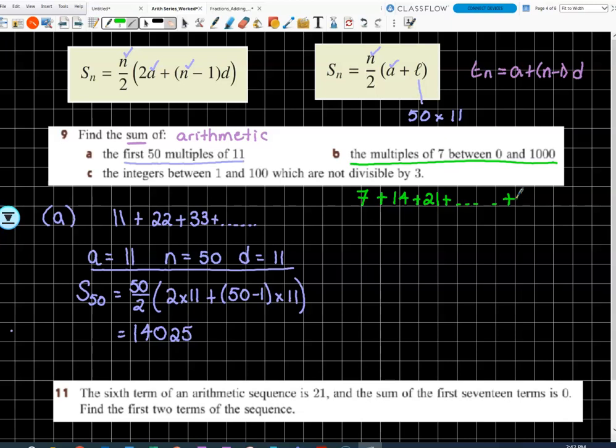Has to be multiples of 7. So what's the closest multiple of 7 to 1,000? How could I work that out in a blink of an eye? You could times it, but I'm not going to sit there and times. I'm just going to go 1,000 divided by 7 is